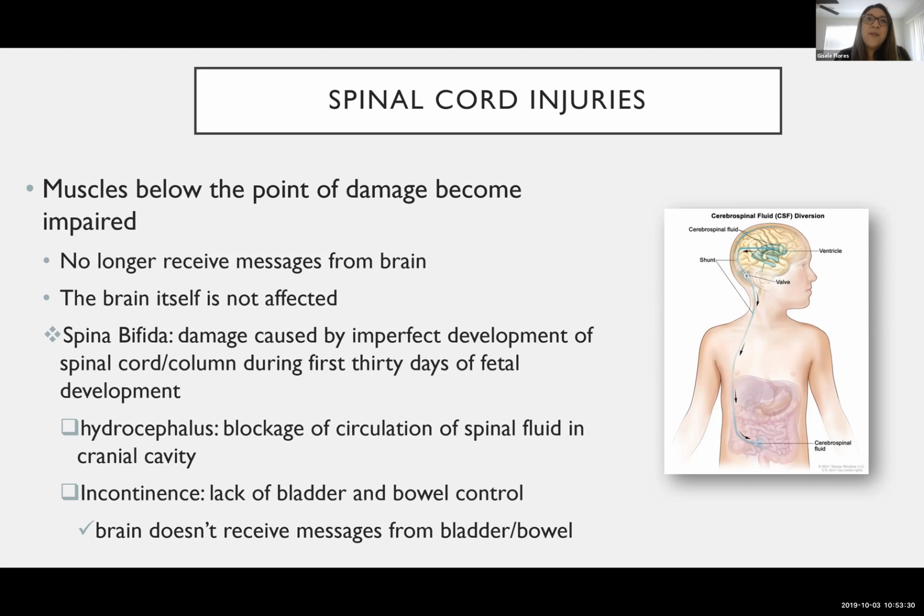So what do you think happens with children? Are they able to toilet train when they get a spinal injury? No, they don't get that message that, hey, I have to use the bathroom. There's no sense of urgency. There's no feeling of I need to hold in my urine. And so usually children who have a spinal cord injury often have to wear diapers for the rest of their lives unless they get it corrected, if it's correctable.